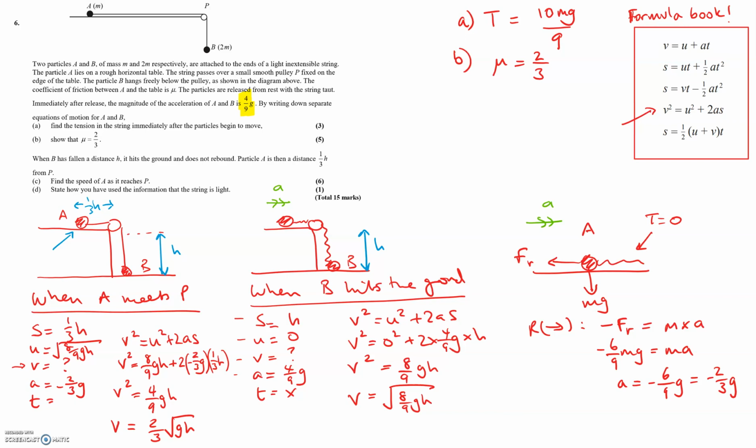The last part, part D, I can just write a sentence for this. It says, state how you've used the information that the string is light. If the string is light, it means it has no mass, and it's also inextensible. So another thing we could say is that we have the same tension on particles A and B. And we've used that